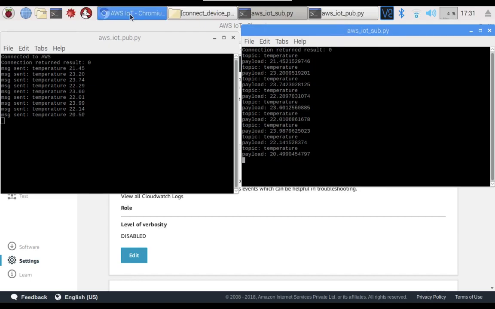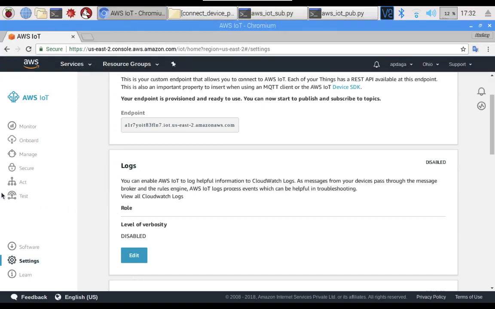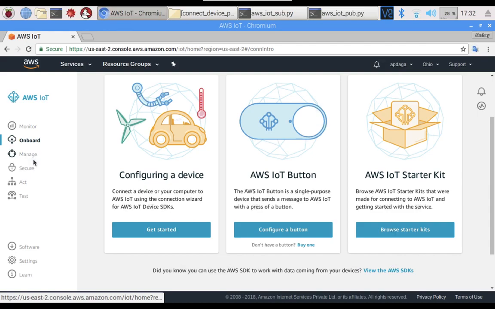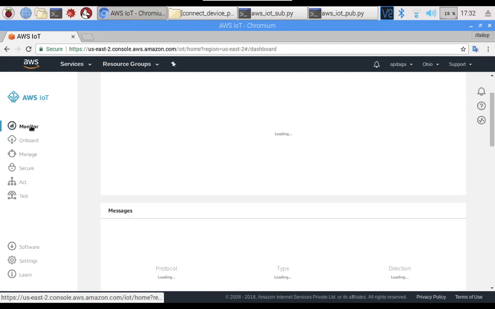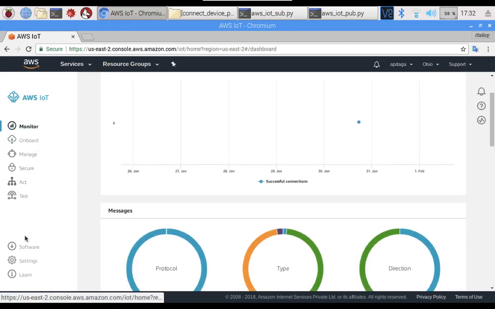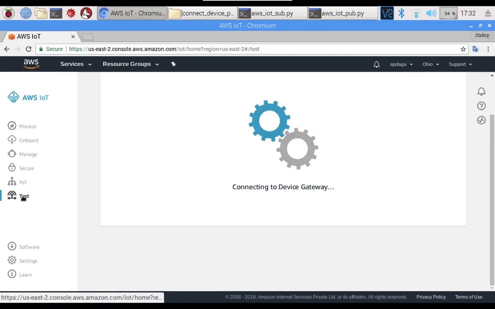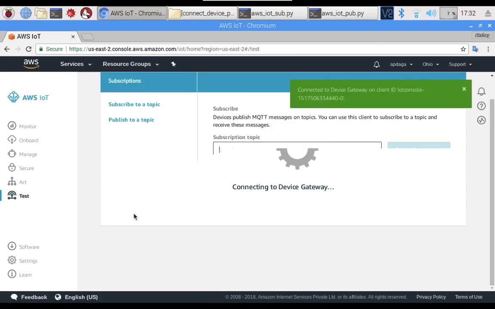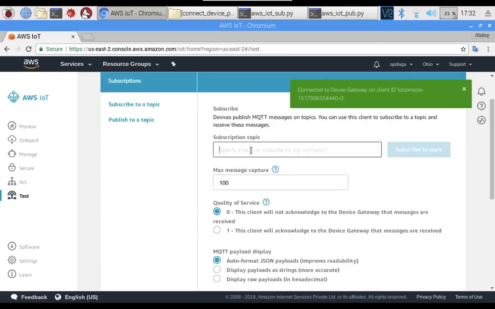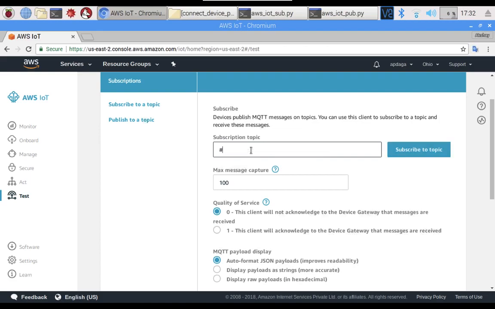To cross verify, we can do one more thing. Go here, then go to monitor, not here exactly, go to test, and subscribe to the topic. Our topic name is temperature here, but I will subscribe to all the topics.